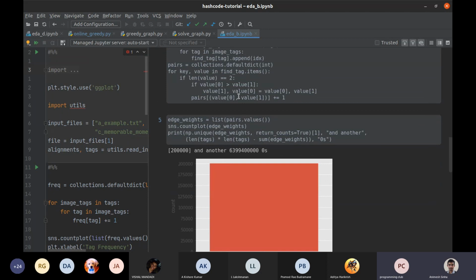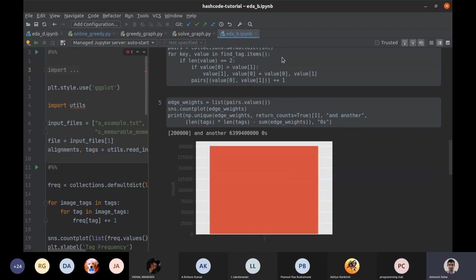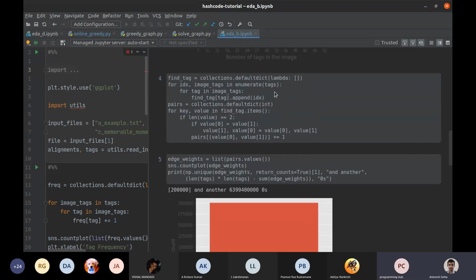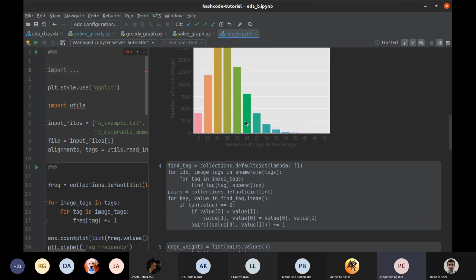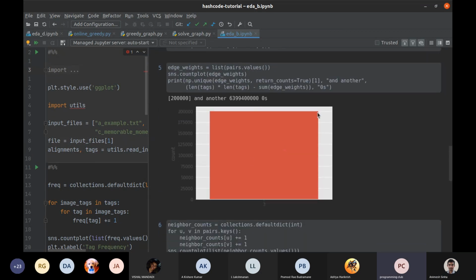This is basically the number of tags that are shared by 2 images. Now we expected this to be a count plot. We expected that there would be some pair of images which will share no tags, some pair of images which will share something like this. We expect some diversity in the output, but when you see some graph like this, there is something